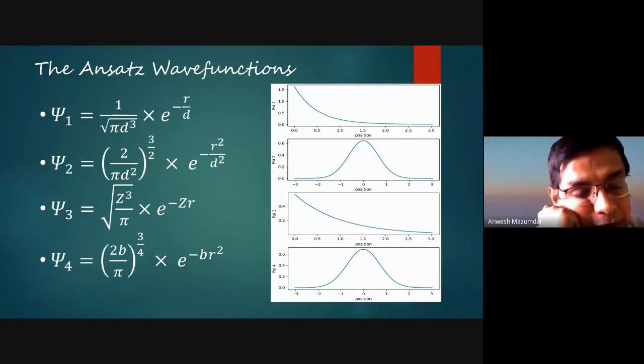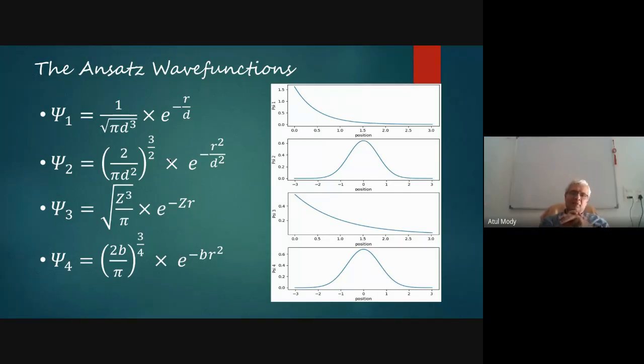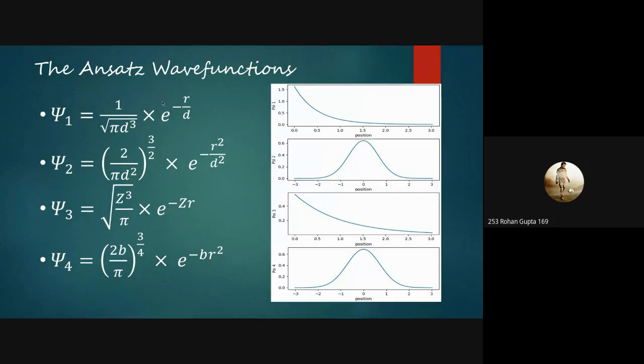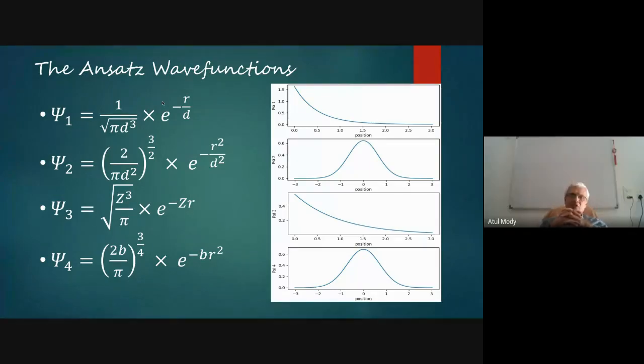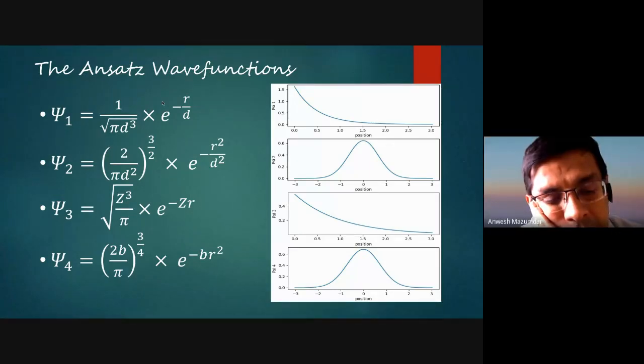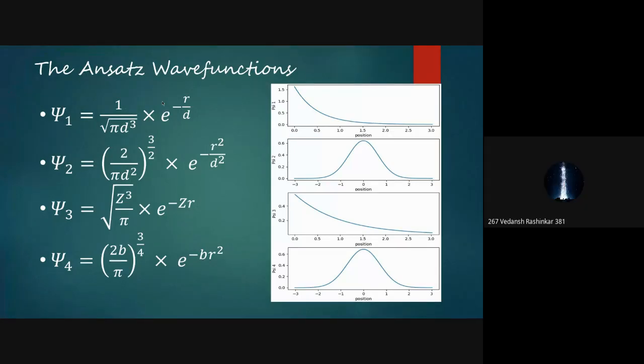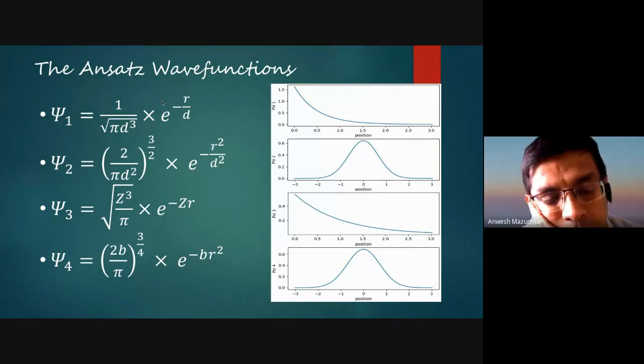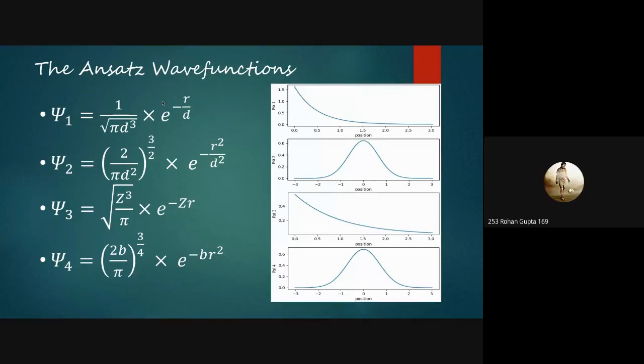So Psi1 and Psi3 technically are the same functions, exponentially damping. Psi3 does not even make sense because the argument of the exponential function has to be dimensionless. So you have to scale r by something, right? Yes, sir. The Z is actually a distance, we just took it as a different value, and the value we chose was equal to the atomic number.